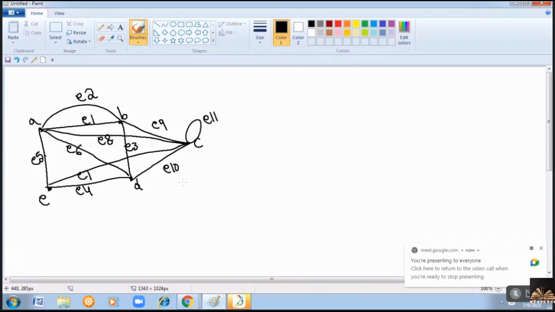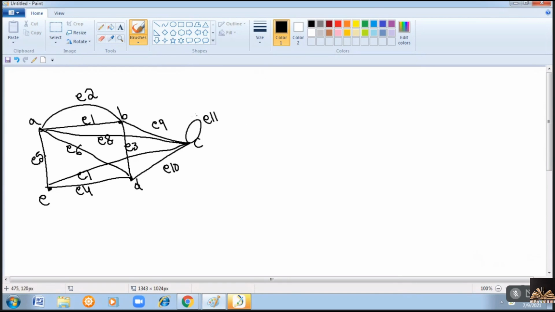So what is the first step? Listen carefully. We have to check whether it is a disconnected graph or not. Disconnected graph means there should not exist a path from one vertex to all other vertices. So here, when you consider any vertex A, from A I can reach B, I can reach C, I can reach D, I can reach E. From one vertex, you can reach all other vertices. Therefore, it is a connected graph. So first point is not applicable.